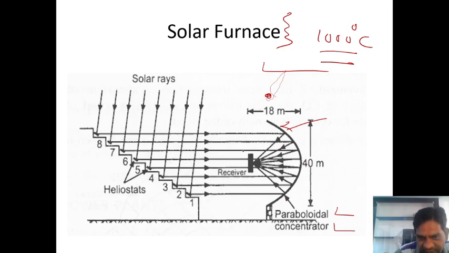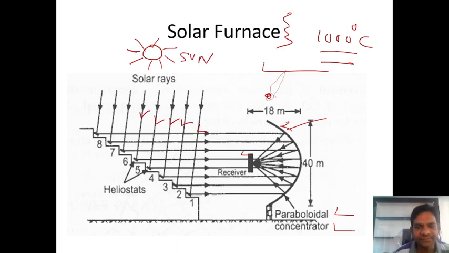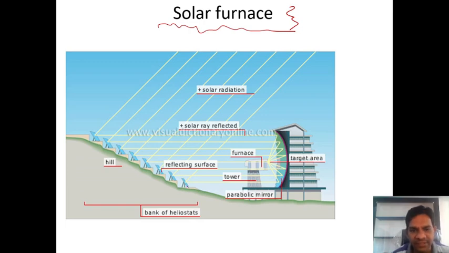Okay, then after that there is a receiver there. You can observe here, these are the solar rays. The solar rays come from the sun, guys. This is the sun, this solar energy. So where is this solar energy absorbed? This solar energy is absorbed on the heliostats. Okay, there is a heliostat there. If you observe in this diagram also, this is the solar radiation. This solar radiation is first incident on these heliostats. We know the heliostat, we already discussed it in our previous lectures. Okay, this is the heliostat.